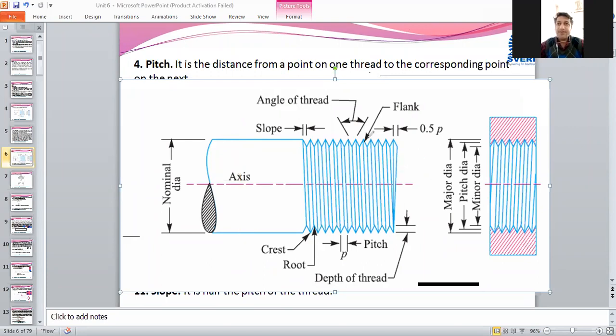And this lead may be more than one in case where the nut and bolt are connecting something important, in case of boilers, where it is very harmful when the nut and bolt fails. In that case, this lead is kept as more than one. But where it is required to easily dismantle or open that bottle, suppose, in that case, what is going to happen in one revolution?